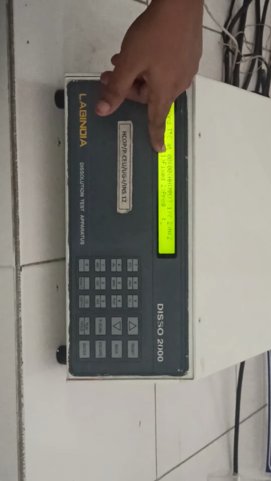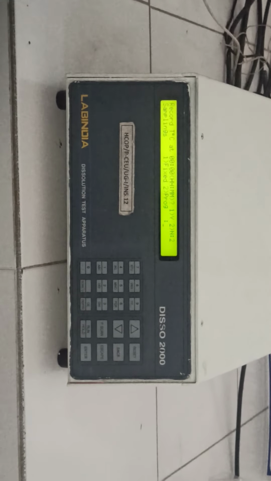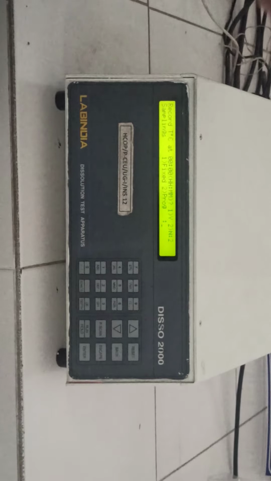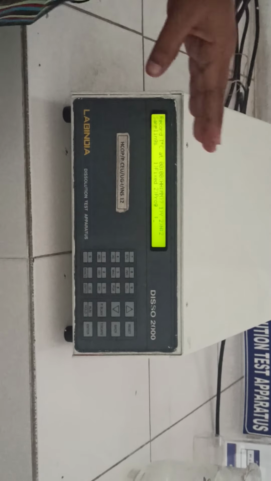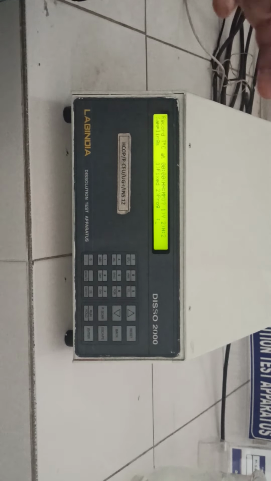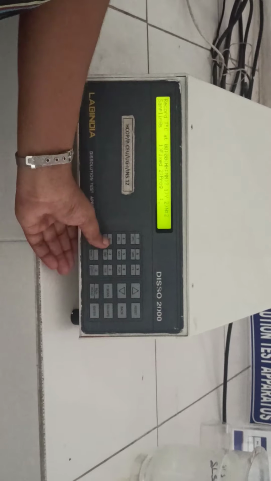So the sampling intervals, whether it is fixed or program. If it is an online continuous mode, then there is a fixed one. Otherwise we need to give the programming samples. So at 5 intervals or 10 intervals like that, we need to give the programming. Otherwise it is a fixed one.